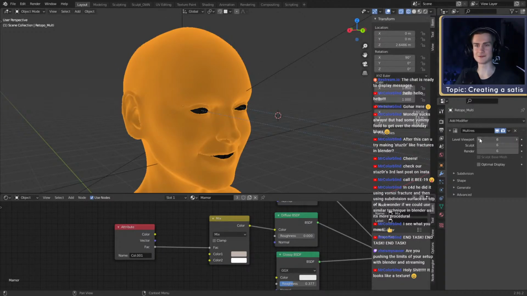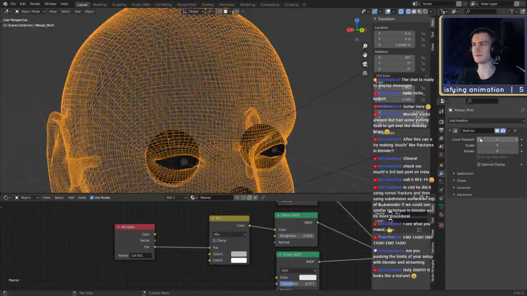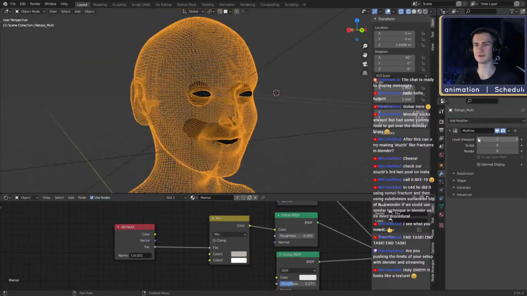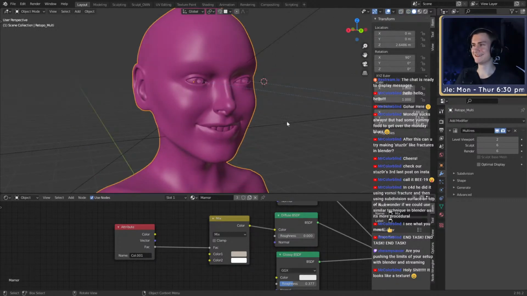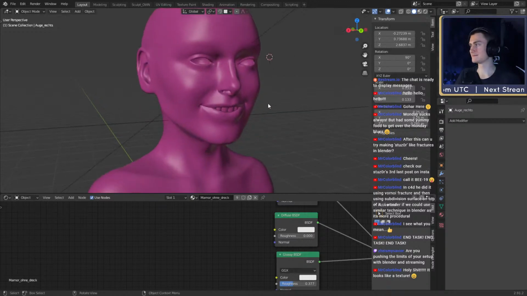So I have to put that down to maybe 3, and you can see now it gets way better. Maybe 2, just for presentation purposes. I think 2 looks pretty good. Okay, we don't need the eyes. We can hide them just real quick.